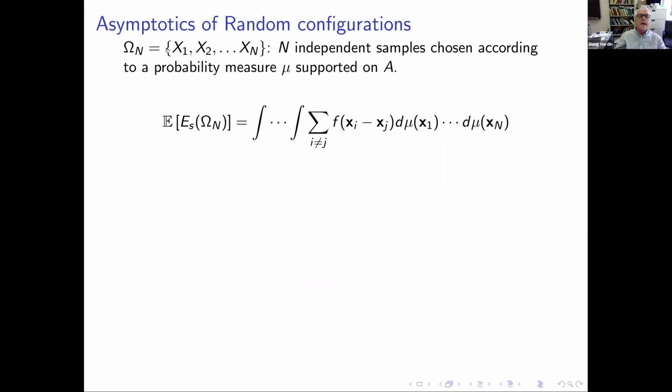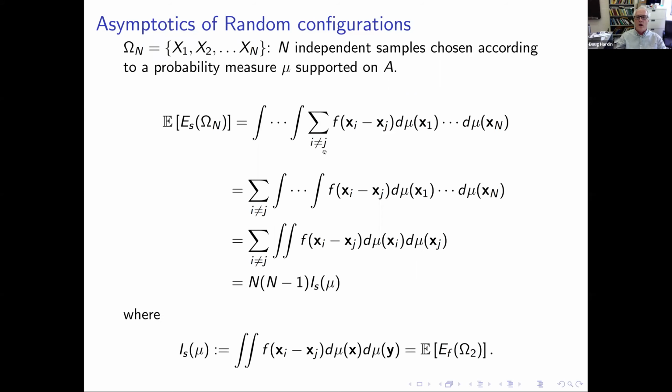Omega n is these n independent samples randomly chosen according to some probability measure mu on A. And this expected value